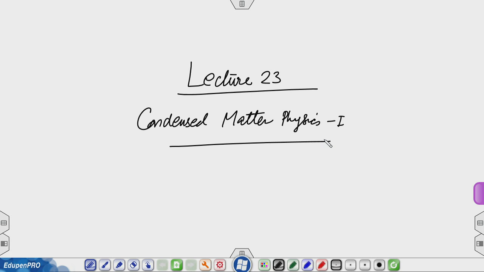And in the past 2 or 3 lectures, we have been discussing crystal binding. So, what I am going to do today is solve 2 or 3 problems based on whatever we have done in lecture 21 and 22, and then describe some other bindings in crystals for which I cannot do any analytical calculation here. So, we will just describe them briefly qualitatively. So, to start the problems,